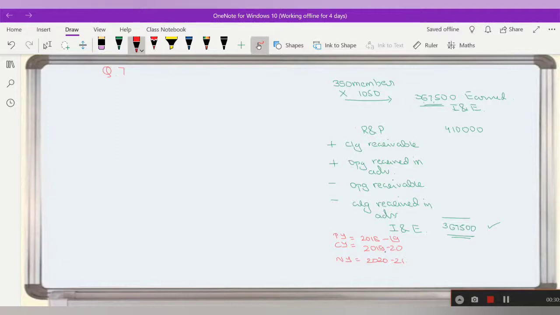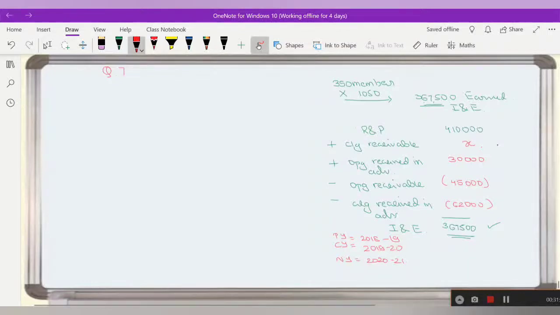So last year's subscription receivable was how much? 45,000, which is received in the current year, but it is relating to which year? Last year. That is why 45,000 is minus. Then subscription received in advance on 31st March 2020. Current year closing received in advance, it is relating to next year, so again it is a minus 62,000. Then subscription received in advance 31st March 2019, received in the last year, pertaining to which year? Current year, so that will be added, 30,000. This amount is the question mark, we will put it as X here.